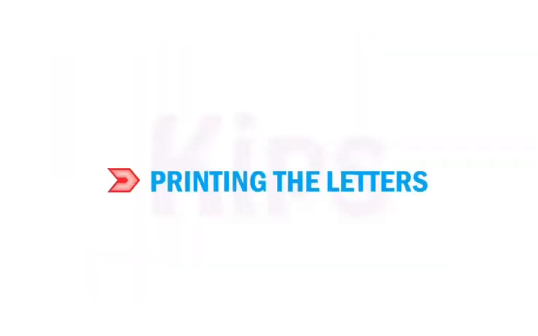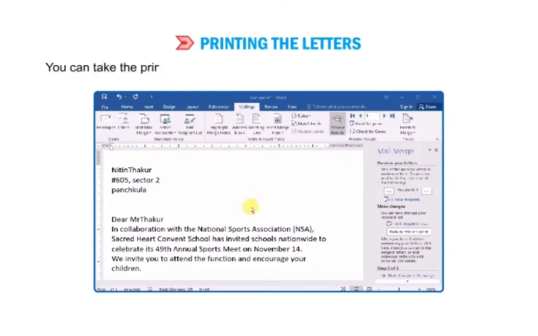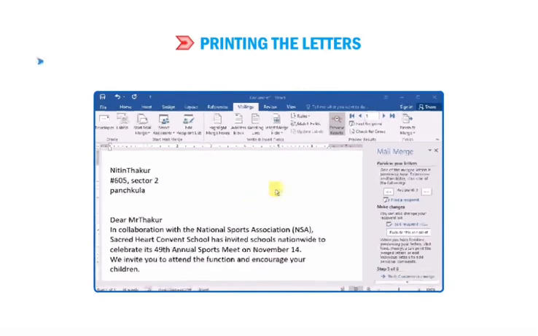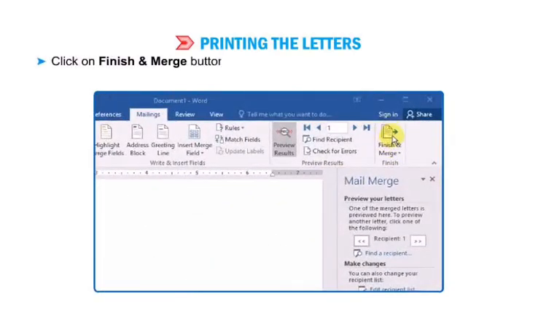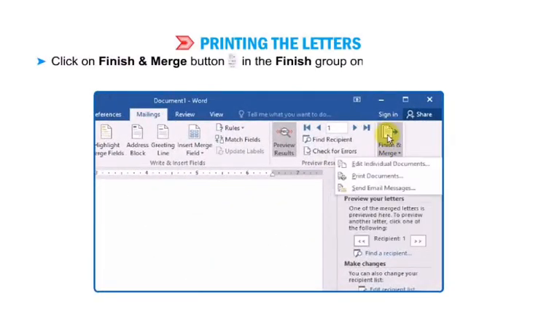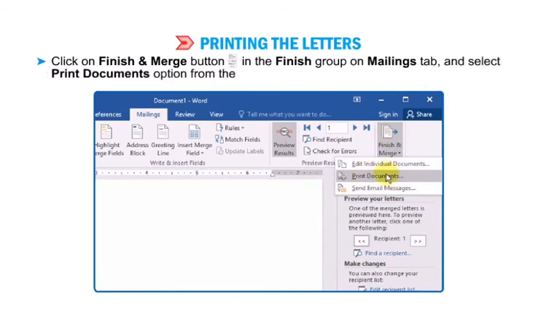Alright, let me now tell you how to print your letters. You can take printouts of your letter with the merged data of your data source. In order to print the letters, follow the given steps. Click on the Finish and Merge button in the Finish group on the Mailings tab and select the Print Documents option from the drop-down menu.